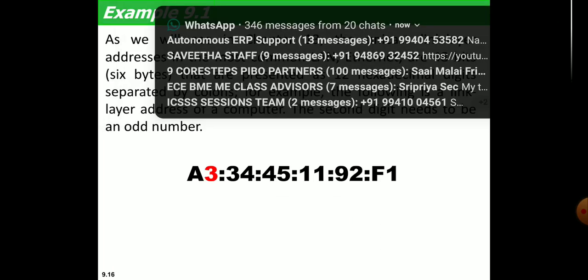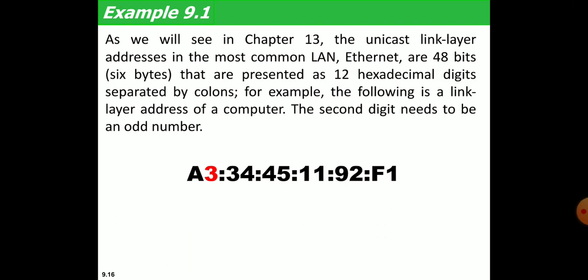So this is an example MAC address we are going to talk about. A MAC address is a 48-bit address. I hope we all know that an IP address is a 32-bit address following dotted decimal format, but a MAC address is a 48-bit address separated by colons. You can see there are 6 octets present in a MAC address. An octet means 8 bits. Here the MAC address is represented using hexadecimal values.